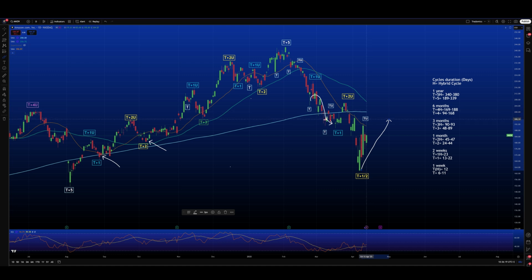Okay, especially because the indexes are now bound to a negative downward cycle, T plus 5. So be really careful even on Amazon to open long positions, because even if Amazon is strong, I would not exclude that this is a bounce to the upside and then we will finish back down to the absolute lows again. Because if you look at the Nasdaq index, we have the condition where Microsoft is at the moment. So be really careful with this move.